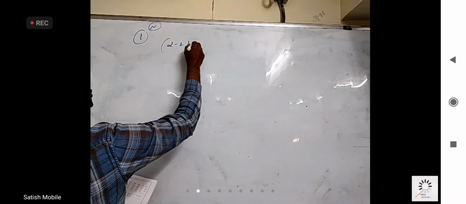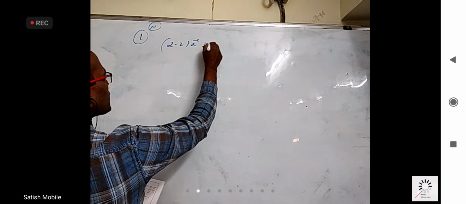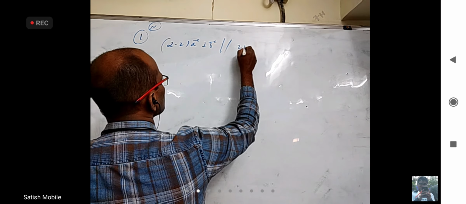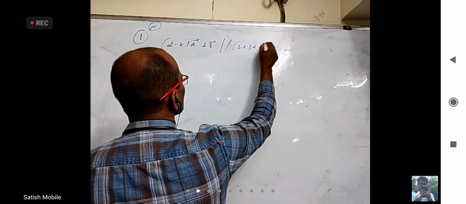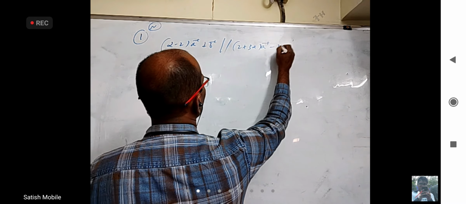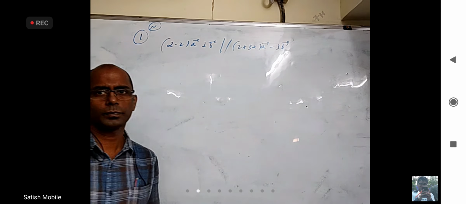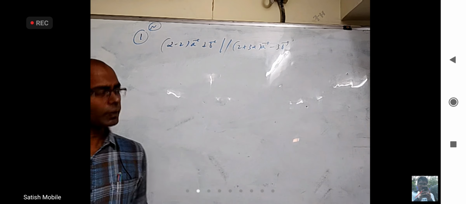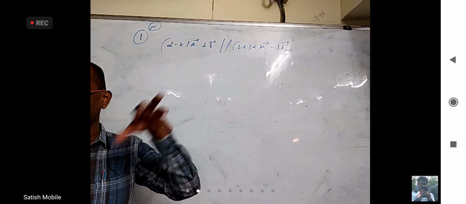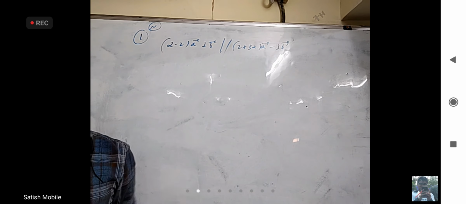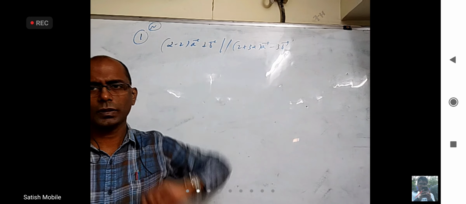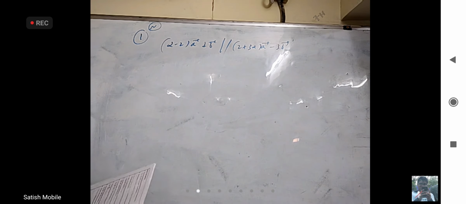Alpha minus 2 into A bar plus B bar should be parallel to 2 plus 3 alpha into A bar minus 3B bar. Okay. So A bar and B bar are not parallel, but this vector and this vector are collinear. Whenever you say vectors are collinear, they are parallel. Should I directly say this by this is equal to this by this? I can say it, but I should write it properly.